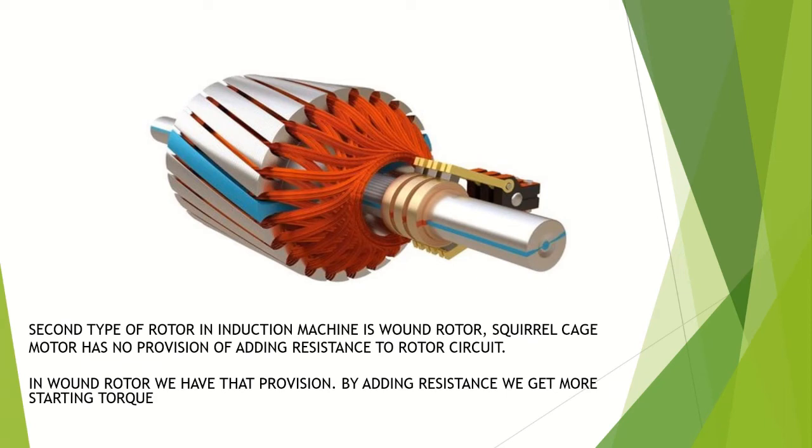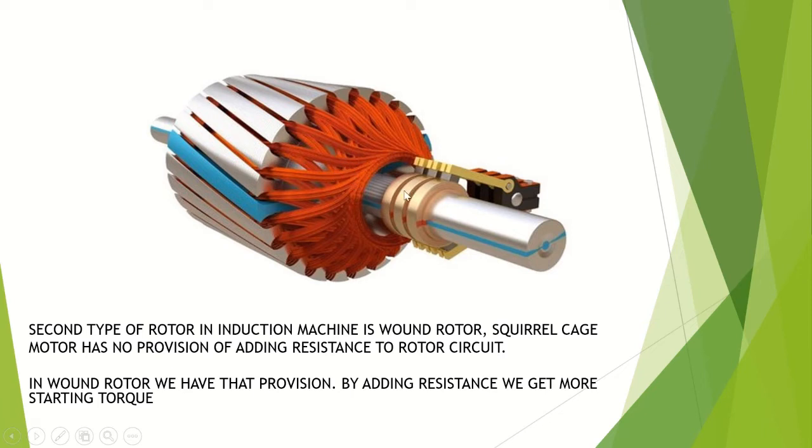And this is the slip ring structure. We have a squirrel cage motor. Why do we have to go for the slip ring structure? Because some applications require more starting torque. The squirrel cage induction motor doesn't provide more starting torque. It gives good running performance, but not more starting torque. Traction applications require more starting torque. Because of this, we use the wound rotor induction motor.